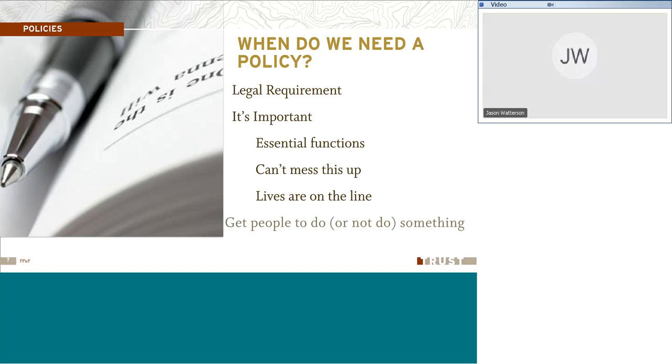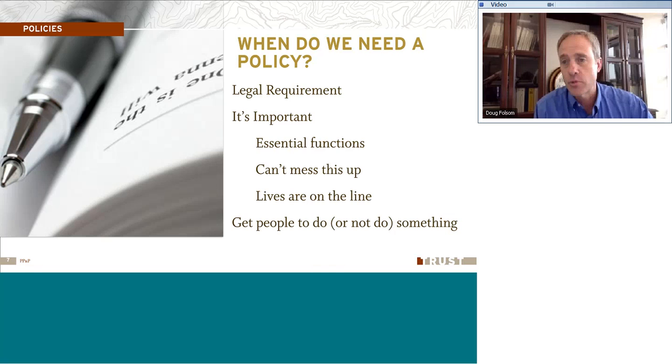We need to get people to act or not to act. Often policies, when we're talking about rules, they're limiting people's actions and choices in the workplace as much as they are directing people as to what needs to get done and what we need them to do. And so we'll give some specific examples of what kind of policies or statements need to be worked into your policy manual.